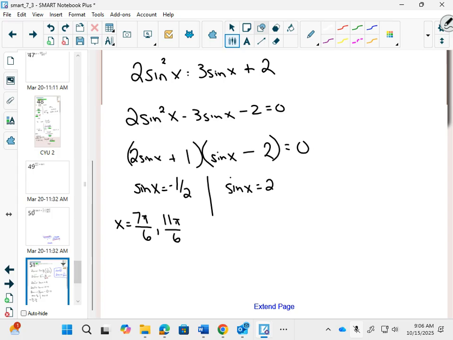2 is not on your pi plate, but this is still non-calculator. This is not possible. Anytime you have a sine value or a cos value bigger than 1, think about drawing a triangle with SOHCAHTOA. That would mean your opposite side is larger than your hypotenuse. And that is not possible. And at this point, notice